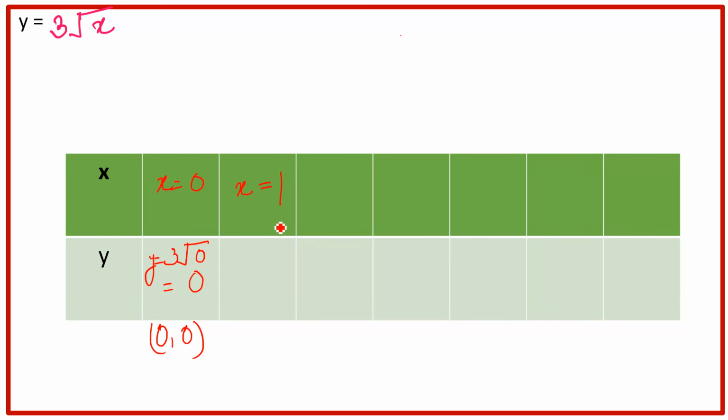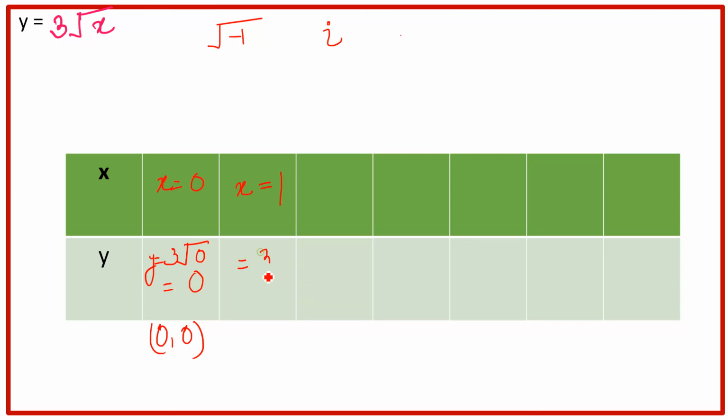x is equal to 1. So see, in the last questions, I was putting the values x is equal to minus 3, minus 2. Why am I not doing that here? I have started from 0. Why not from minus 1, minus 2? Because x is under the root. If I write x is equal to minus 1, our answer will be imaginary. Iota will come. We can make the graph, but it will be on the engineering side. This one is just for FSc.